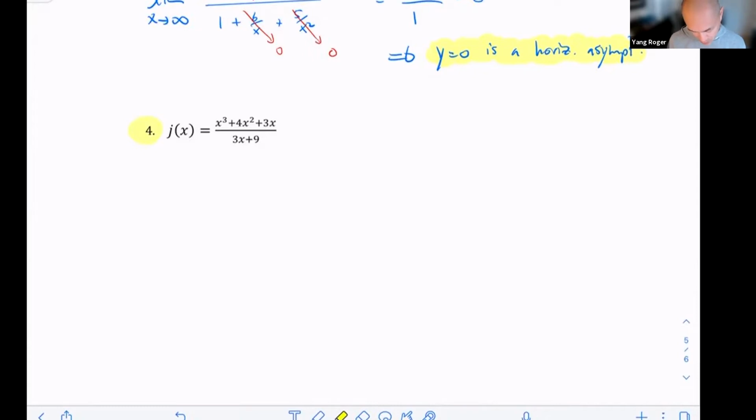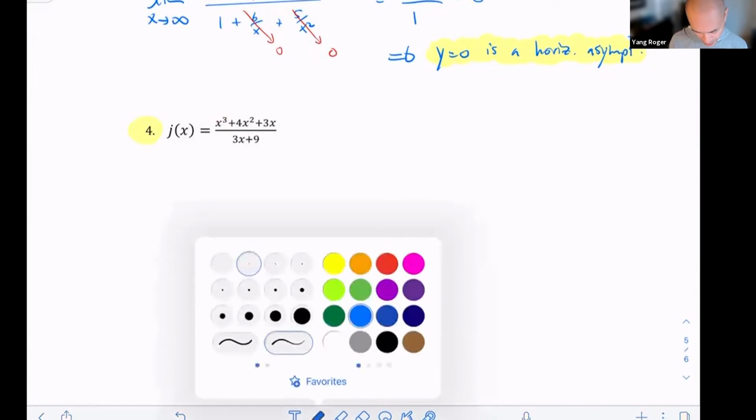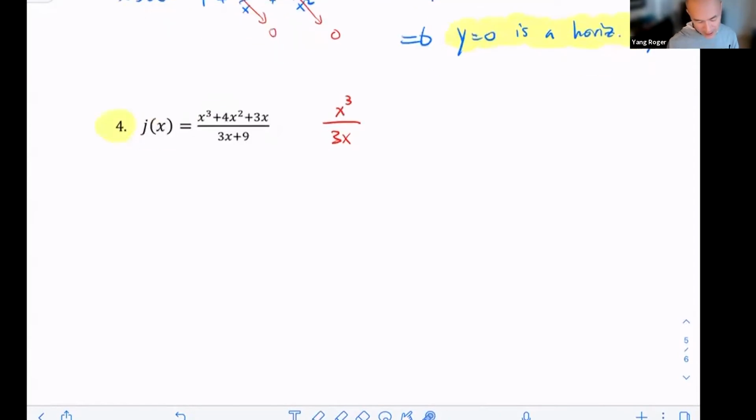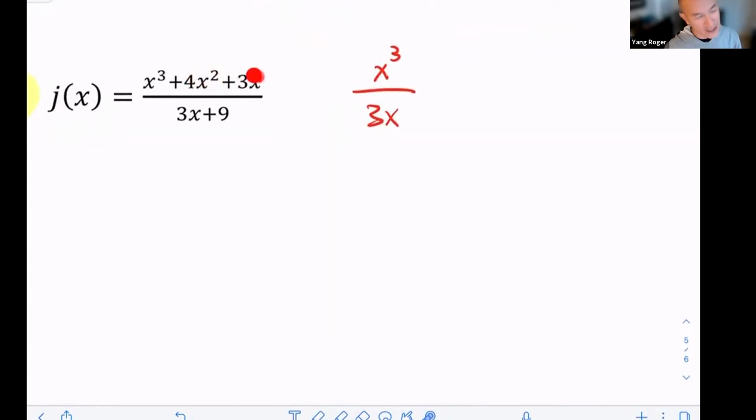When I look at this, what is the leading term in the numerator? The leading term in the numerator is x cubed. What's the leading term in the denominator? The leading term in the denominator is 3x. Why am I only looking at those leading terms? Because for very large values of x, these lower powers don't really affect the graph that much. It's the biggest guy that dominates. This +9, when you zoom out, that +9 doesn't make a big difference, but the leading term 3x makes a